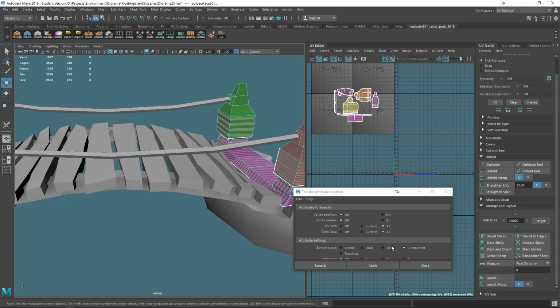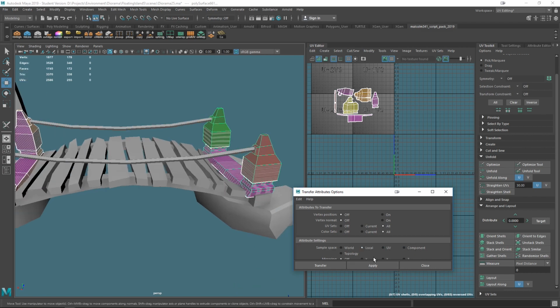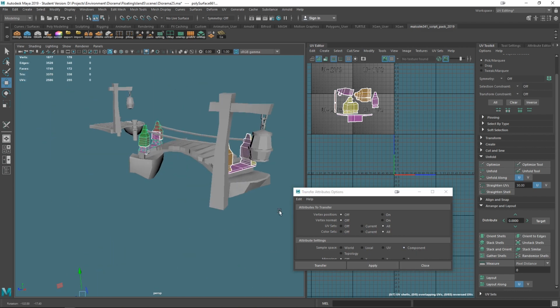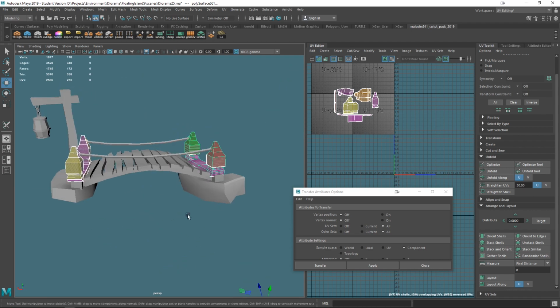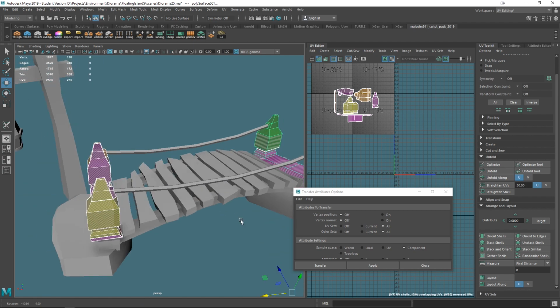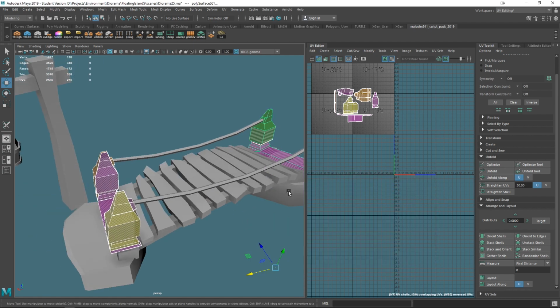Just trying settings, trying to work out why it's not happy. Usually component works, but doesn't want to do it now. That's annoying, but I'm just going to